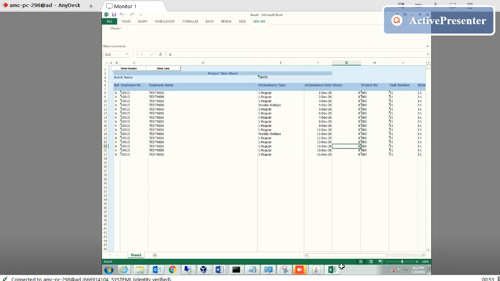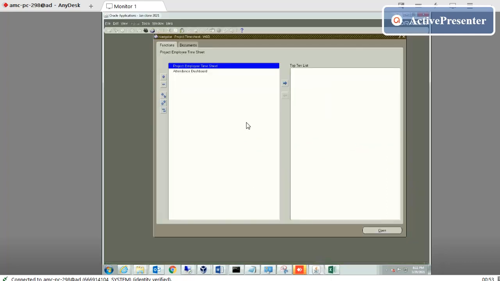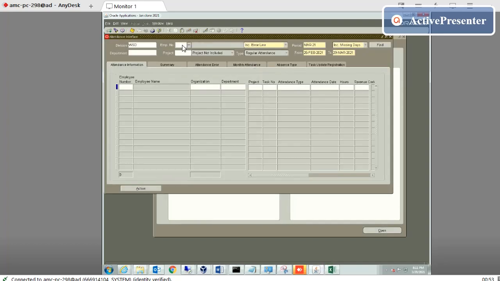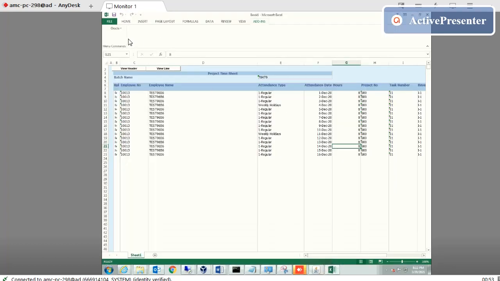Now here you will see in the attendance, if I enter 10013 and this is December data, there is no data appearing on this interface. So when you upload here, again you just go here.